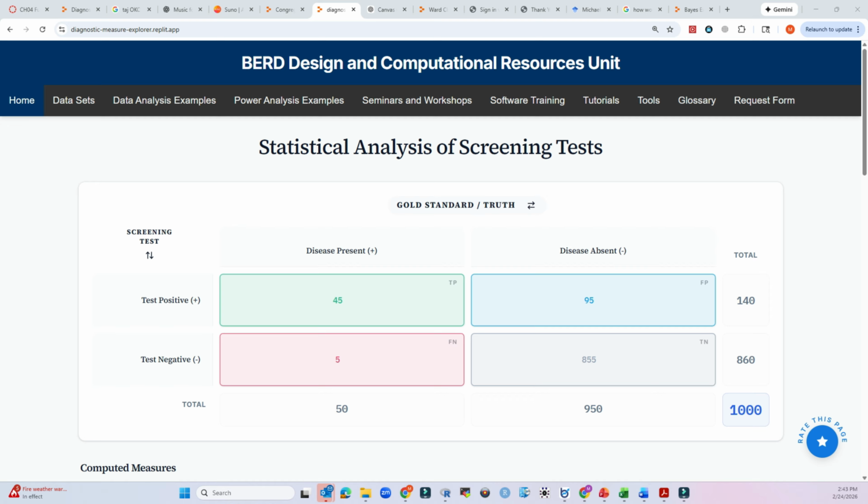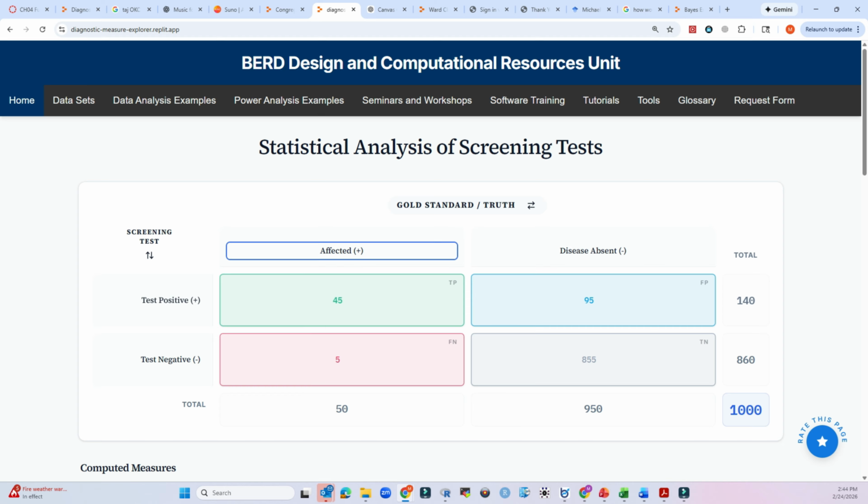Let's customize this table to reflect the results of a screening test study that was comparing amniocentesis, which involves drawing a small amount of amniotic fluid from the uterus to determine whether or not the fetus is affected by a genetic disorder, to a screening test that is less invasive and see how that screening test performs relative to the gold standard. I'll change disease present to reflect